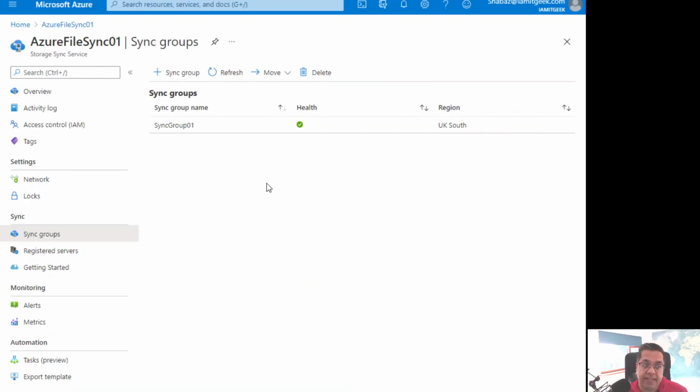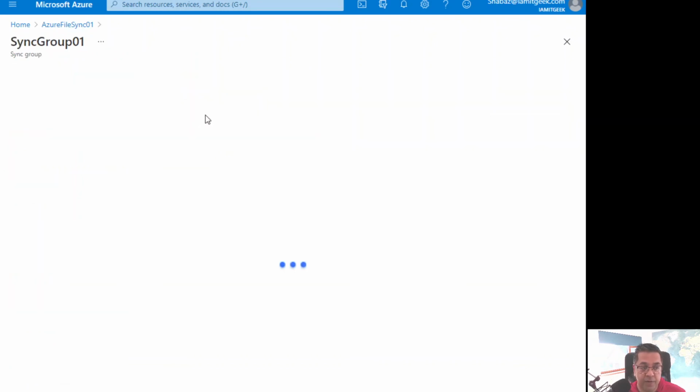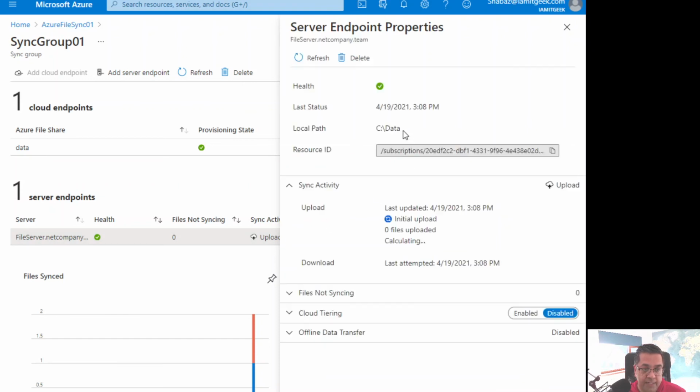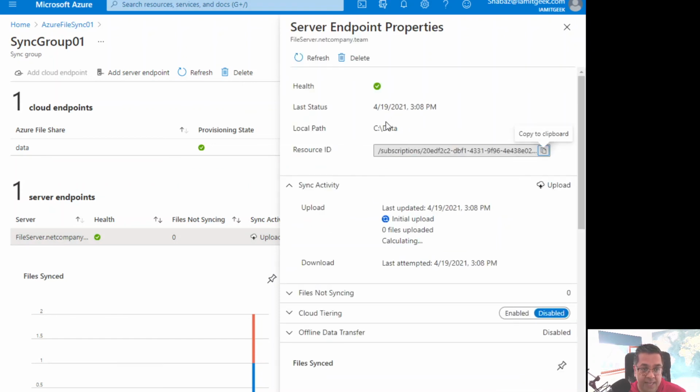So by configuring the Azure File Sync, the sync group, and on top of that the server endpoint, that has then automatically initiated the file sync from on-premises to Azure Files. So if we're in this, as you can see, we're in the Azure File Sync. Let's click on the sync group. And here you go, this basically tells us there's a file server and the upload has been initiated. We see there's a graph here as well which shows us what's going on. Click on here for some more details, and there you go, the last status, it shows us a local path, and here we've got an update to the sync activity,